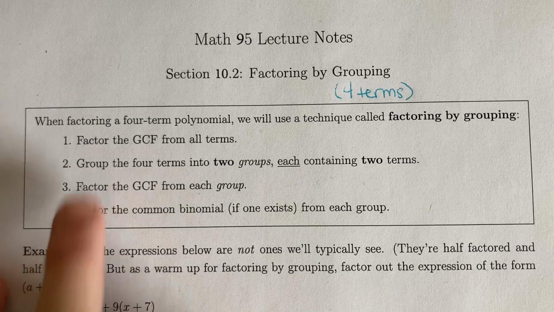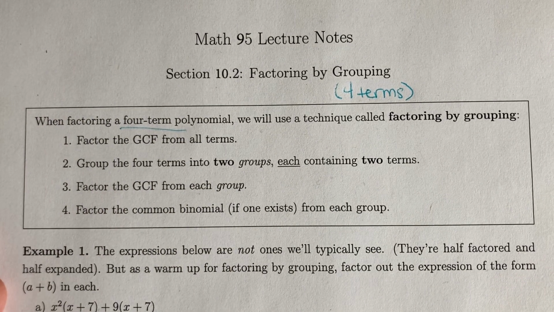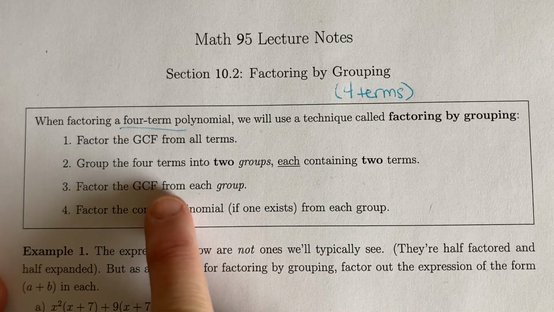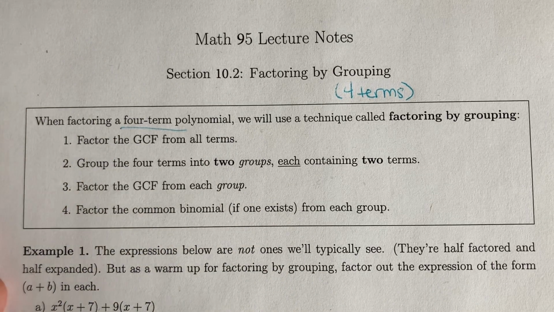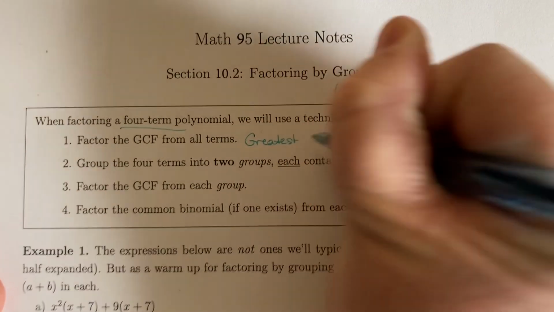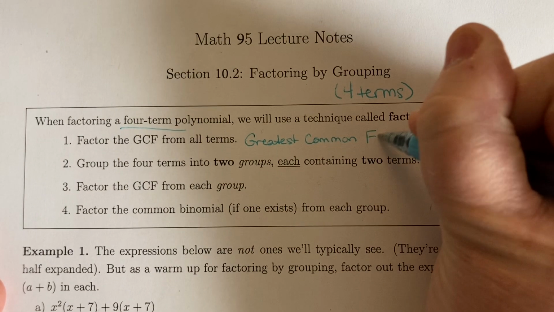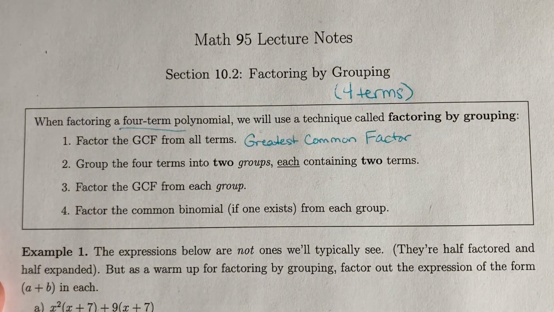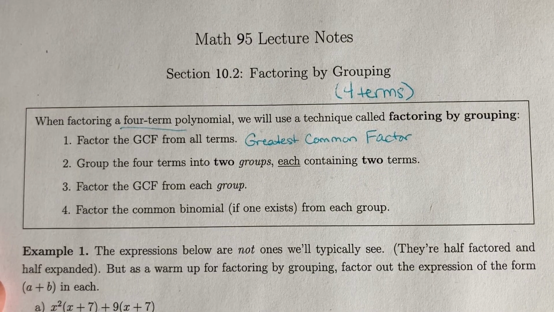It says, when factoring a four-term polynomial, so four pieces added together, we're first going to look and see if there's a GCF in all four terms. So GCF, remember, stands for greatest common factor. Let's write that out. So if we can divide everything by something, we should do that, right? So if they all are divisible by 2, let's do that, dividing by 2, pull the 2 out as a